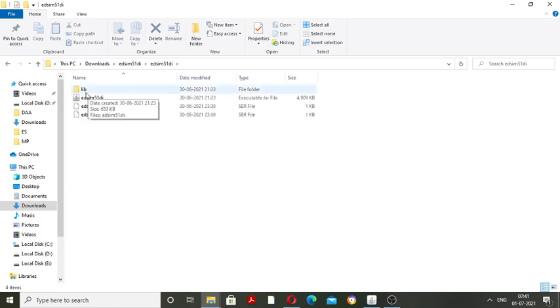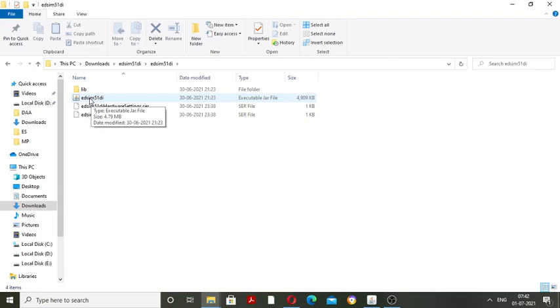One is the lib file, another one is EDSIM51DI. When you click on this EDSIM51DI, we will get an environment for running your program, like this.